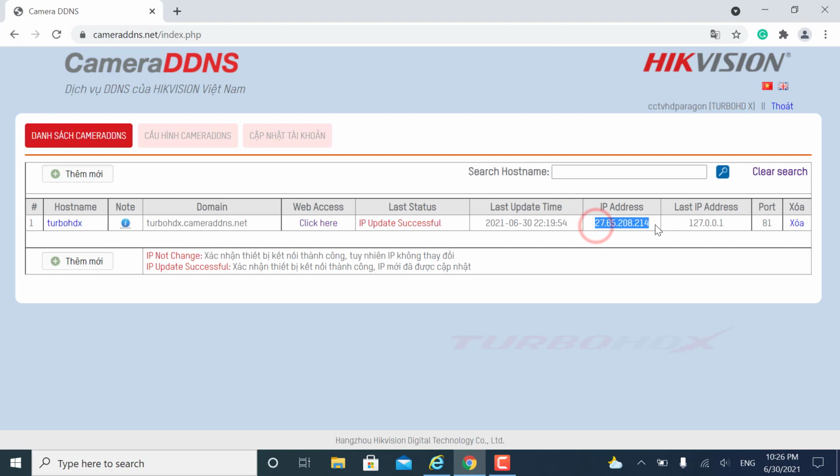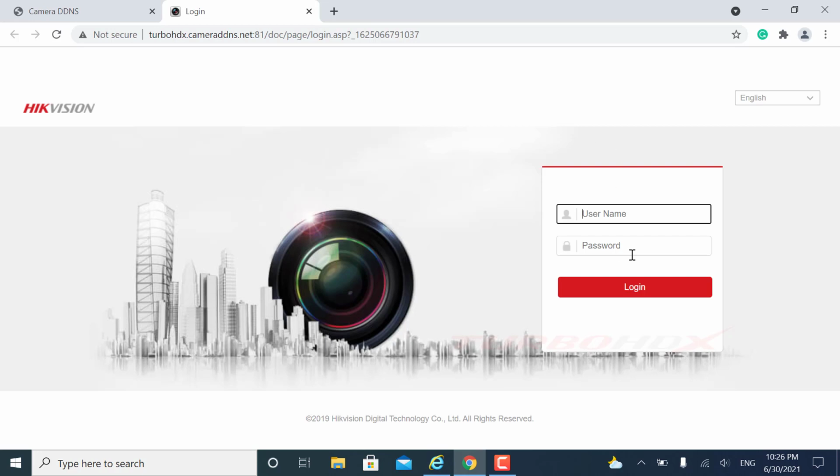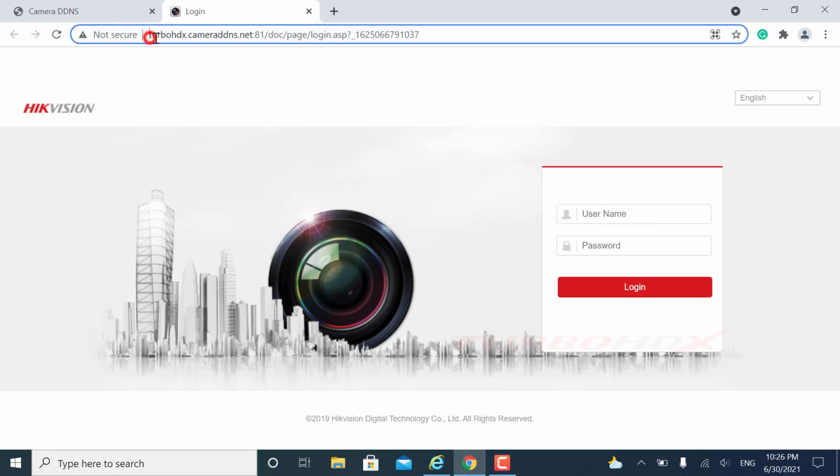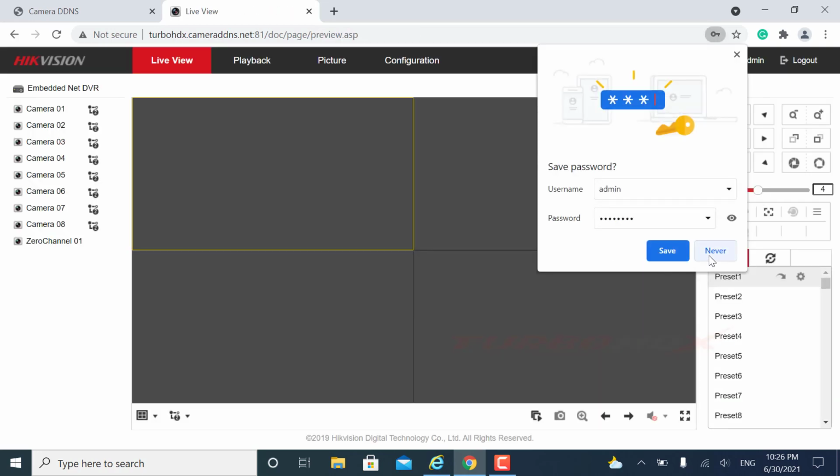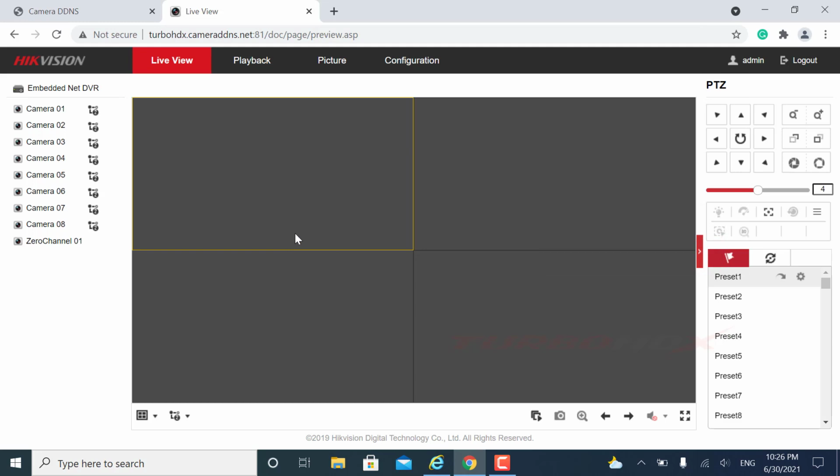We can see it updated successfully. Log in to the device with the domain name successfully.